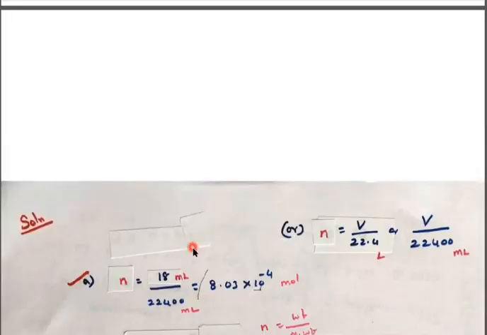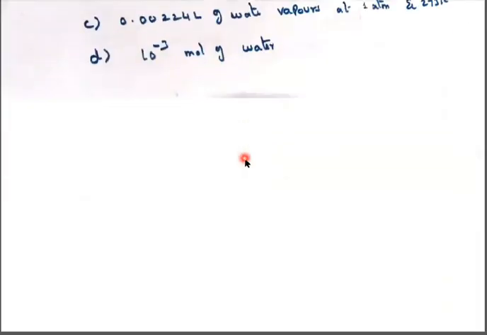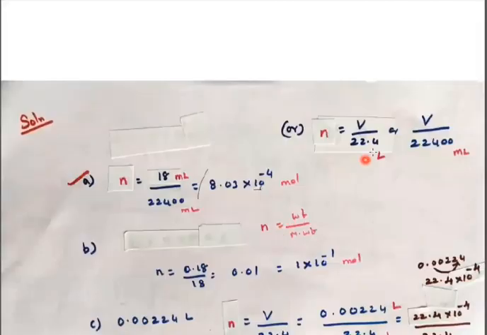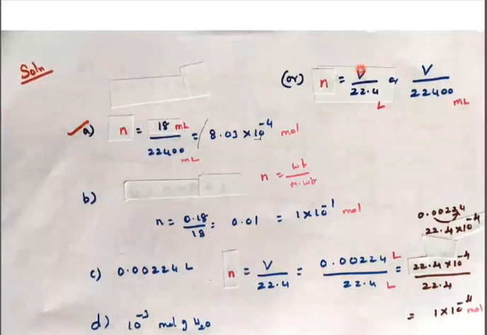In the third option, 0.00224 L is given in the question. It is given as a volume of water vapor, so the formula to be used is N is equal to V by 22.4. V given in the question is 0.00224, so it is 0.00224 L by 22.4 L. Calculating, after 4 decimals we keep the point, so 22.4 into 10 to the power of minus